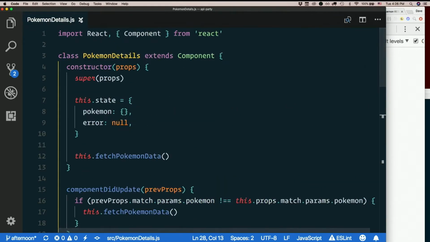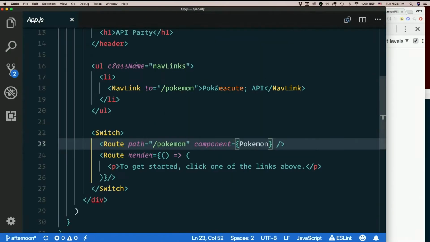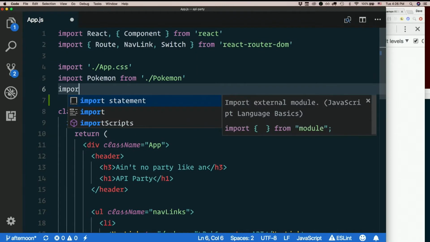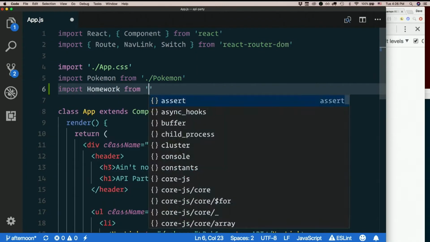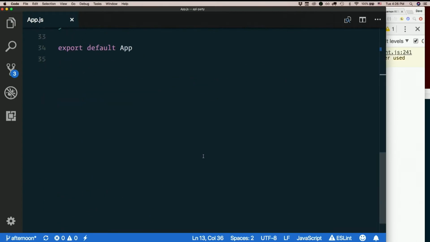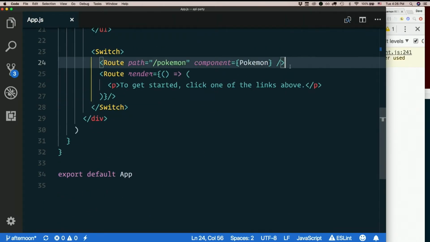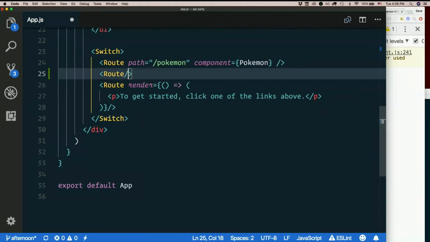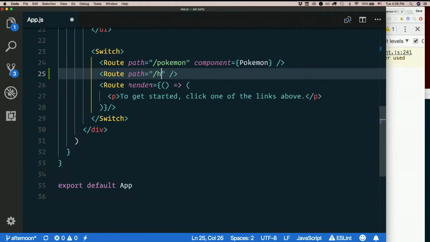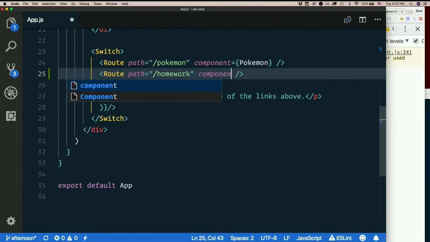So I need to be able to get there, though. So inside app.js, let's add a new route. Let's import this. Import homework from /homework. Let's add a route. Path equals /homework. That should take me to my